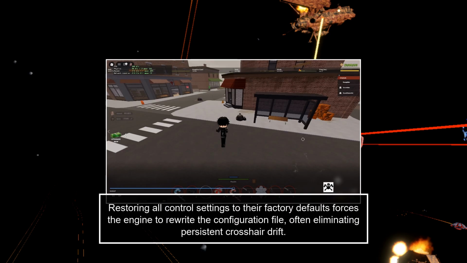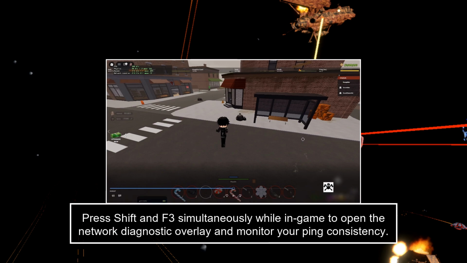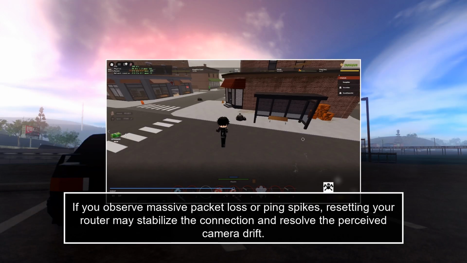persistent crosshair drift. While primarily a client-side rendering issue, extreme network latency can cause the server to disagree with your client regarding the character's orientation. Press Shift and F3 simultaneously while in-game to open the network diagnostic overlay and monitor your ping consistency. If you observe massive packet loss or ping spikes, resetting your router may stabilize the connection and resolve the perceived